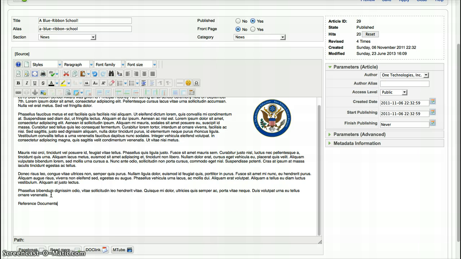Let's say I don't want to break up my content with links, that I want to place them below. So I type in my reference documents, and I go up and click my horizontal line drawer, and I'm going to go ahead and boldface this, and then click right down below the horizontal line,